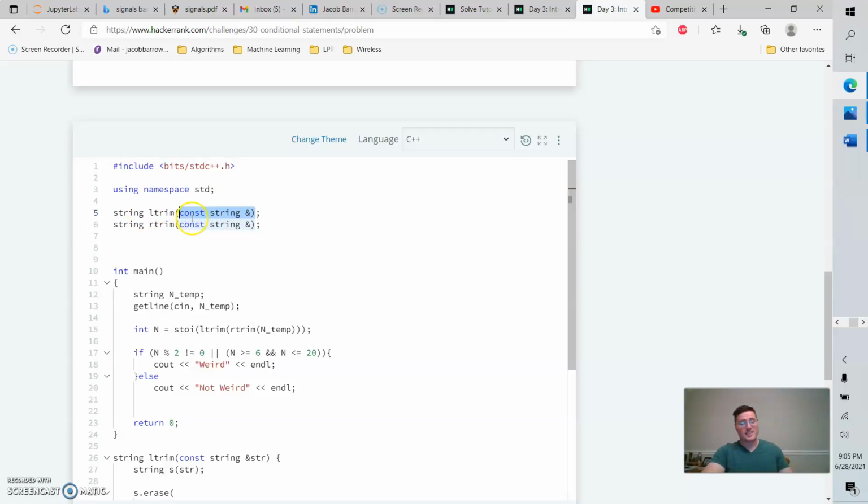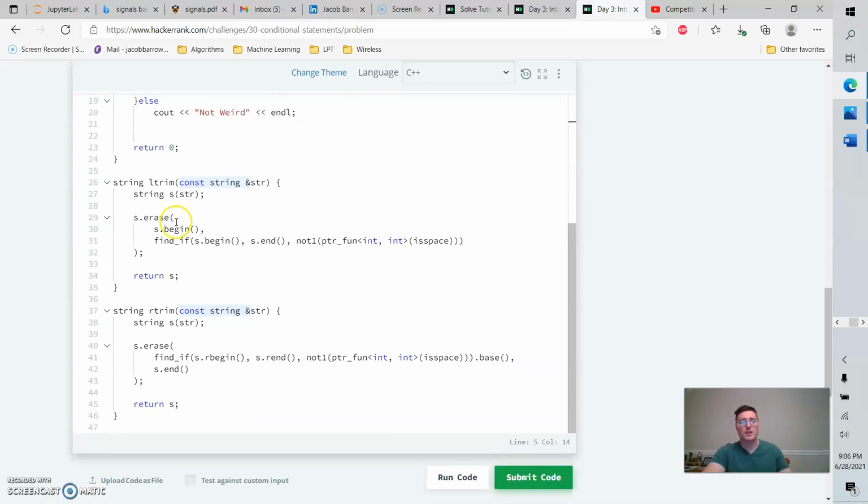What's interesting is, even though it's a pass by reference, it's providing a constant, I guess, additional requirement onto the variable. And from my understanding in C++, this means that it's faster because you're providing a memory address associated with the variable, but you're not allowed to change the information defined at the memory address. So instead of passing by value, where you have to copy the variable into the new function, it goes a lot faster because you essentially pass a pointer to that particular memory address without having the option to change it